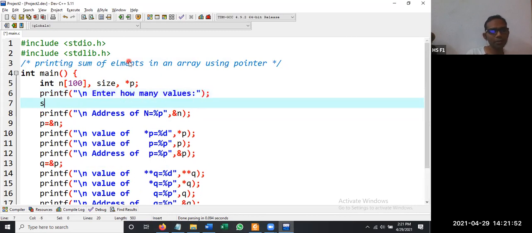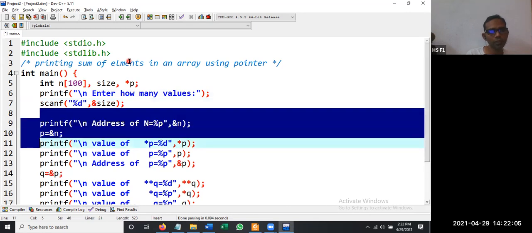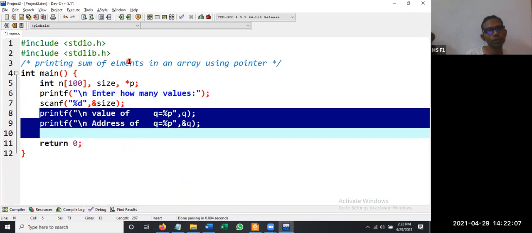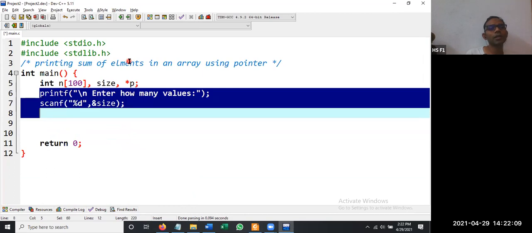Here we are going to accept scanf %d comma ampersand size. Rest of the code we don't need. So we have accepted the size.